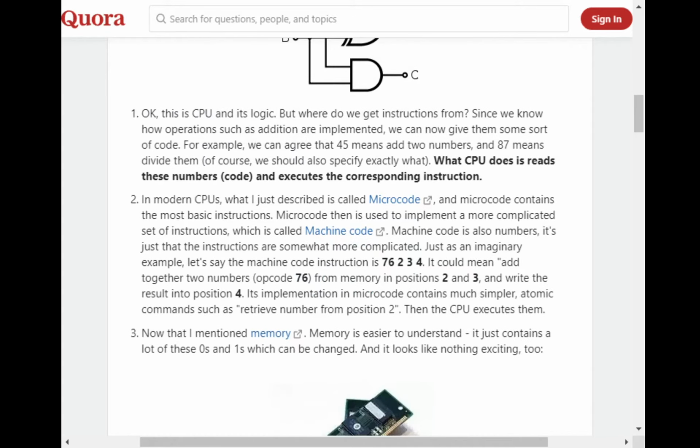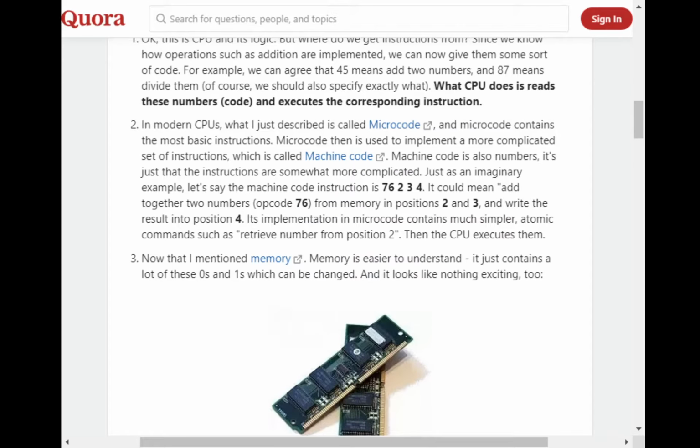So, in a modern CPU, it's called microcode, where you say a machine code instruction for 76234: add together two numbers, which is an operation code 76, from memory in positions 2 and 3, and write the result into position 4.